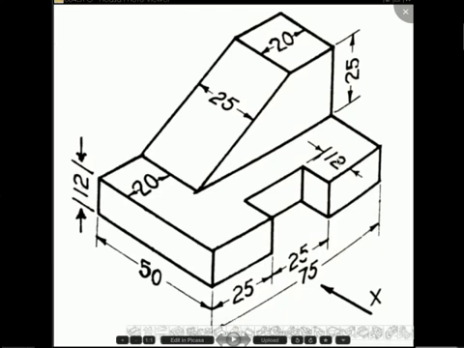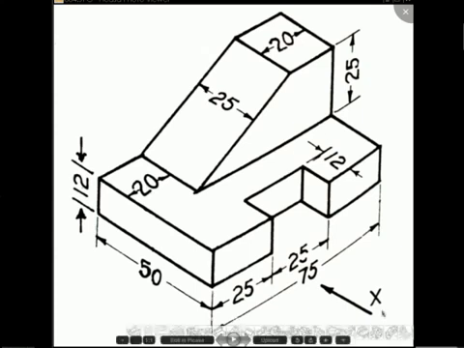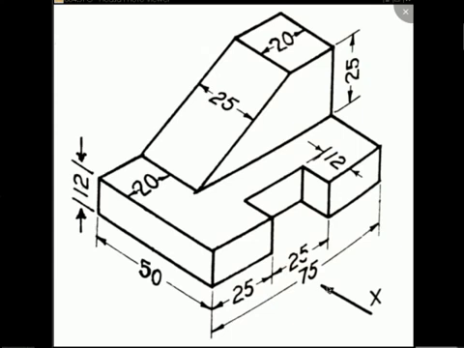As a part of the engineering drawing course, BTech students have a unit wherein they have to convert 3D diagrams or isometric drawings into 2D projections. The front view, top view, and side view are to be developed from the isometric view, which is shown here on this screen. All the dimensions will be given to you, and along with this, the direction in which the front view of the object has to appear will also be given.